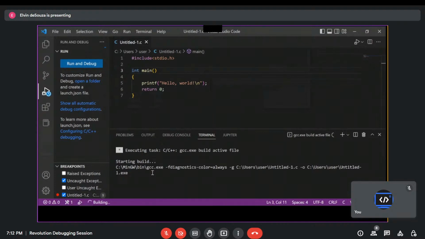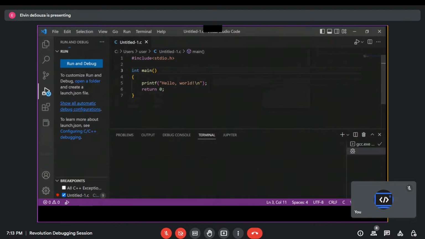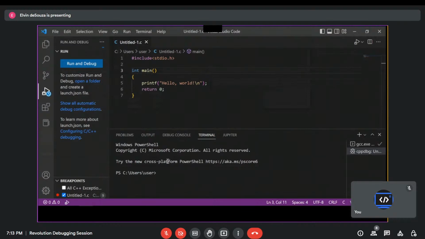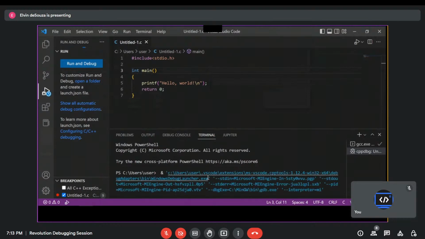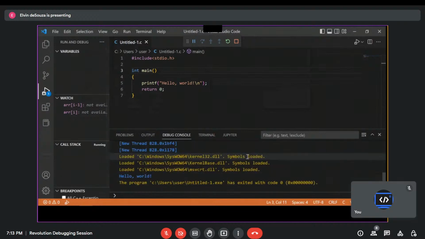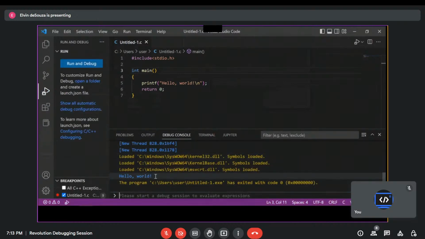And C programs need to be compiled. So this is what it's doing right now in the bottom terminal. So it'll start building. And once it's done, the executable binary file will be run through the debugger. Okay, now it's in the process of running through the debugger. And you should see the debug UI popped up for a second there. And there you see hello world. So right now you have confirmed that your C debugger, everything's set up properly, and you can go ahead and